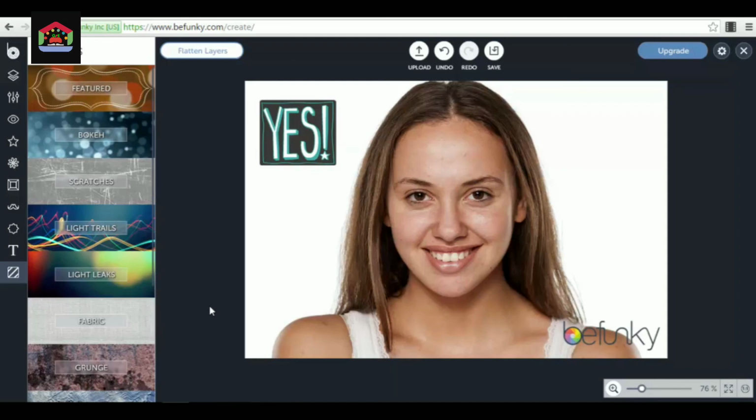In the next lecture, we will focus on the collage maker. I will show you exactly how to use that too, because it's actually very, very simple. It's much simpler than the photo editor that you have seen. And after that, we'll take a look into the designer section of BeFunky.